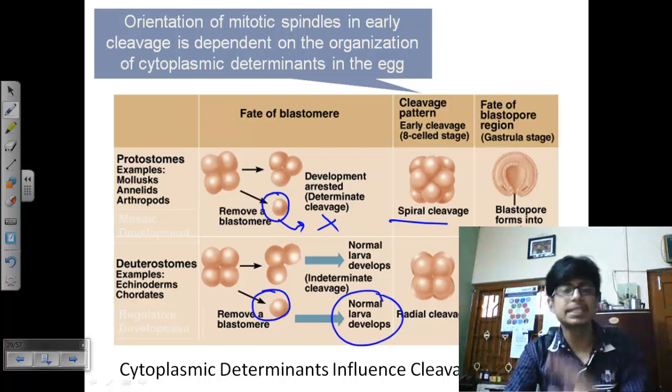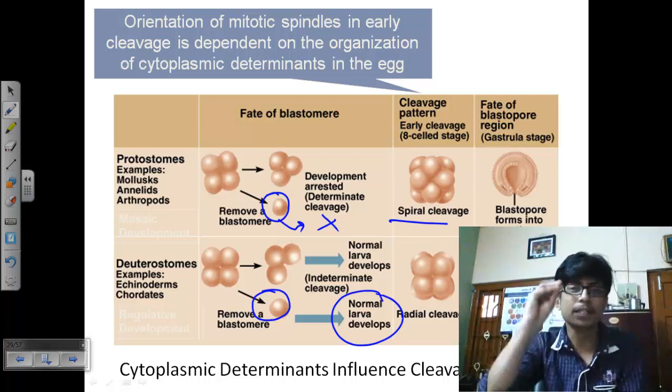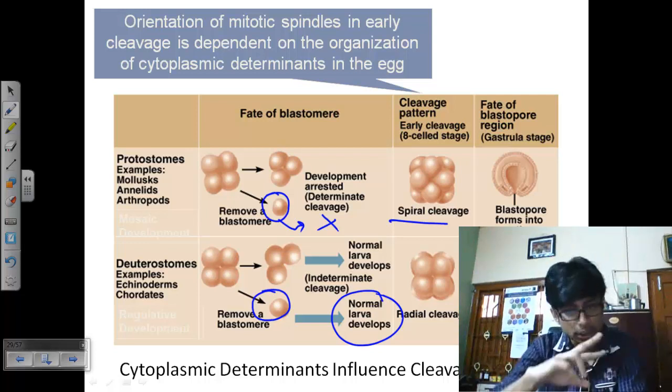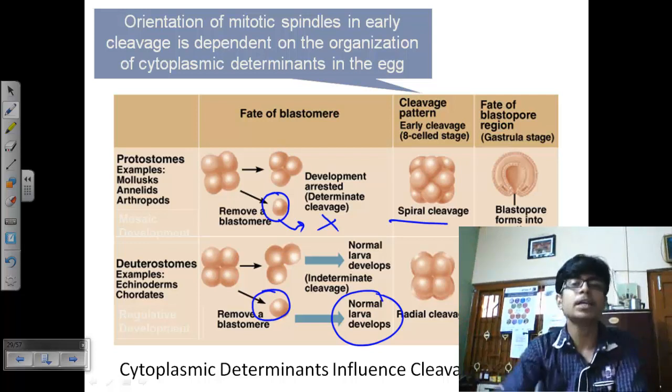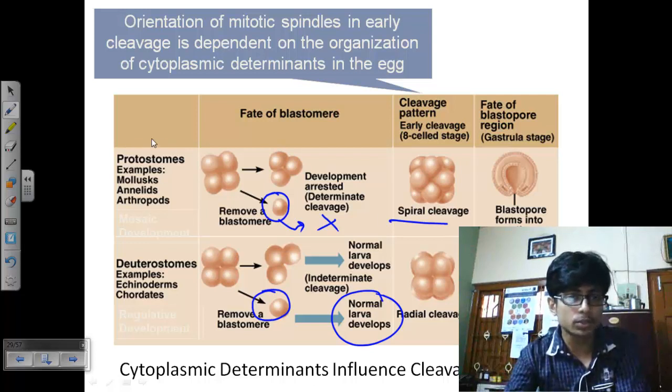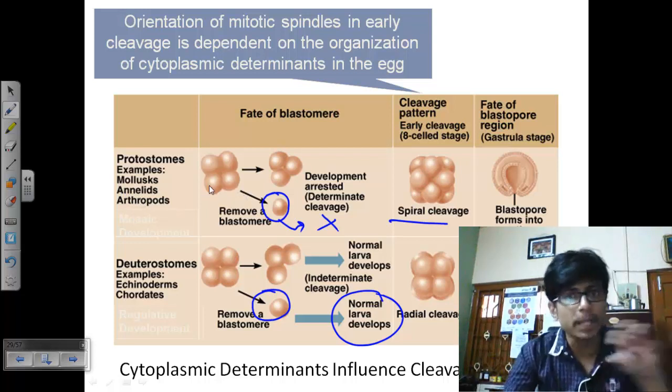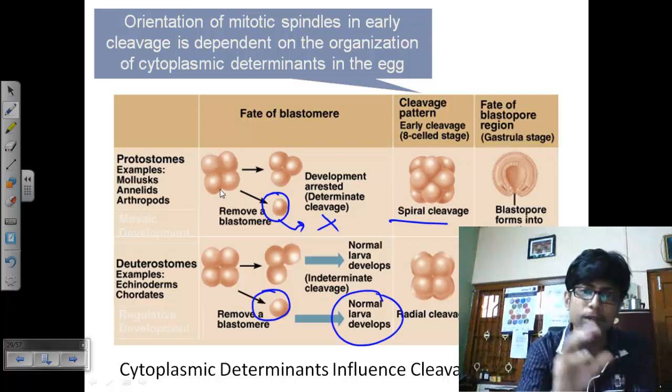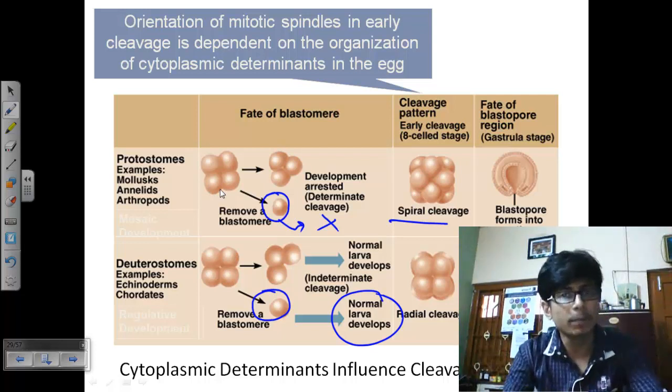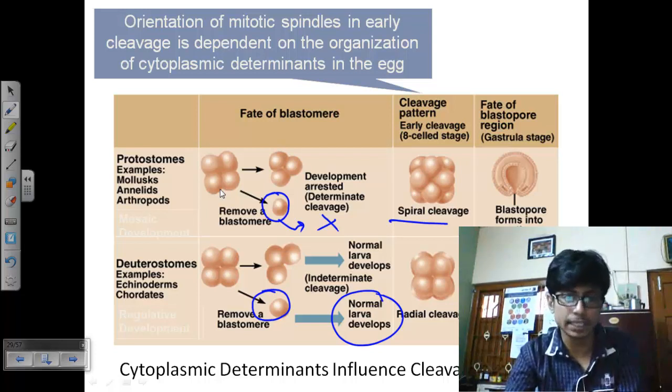So it's not only the cell division that is important, but also what cytoplasmic content is present in the cell, because genes are present and genes are expressing during that time. They are producing certain products required for the cell division process as well as the cell differentiation process. So in the case of protostomes, for example mollusks and annelids, if we take a cell from the blastula, the cells present in the blastula phase we call blastomeres. If we take one blastomere and plate it, that blastomere will not develop properly and not give us anything,